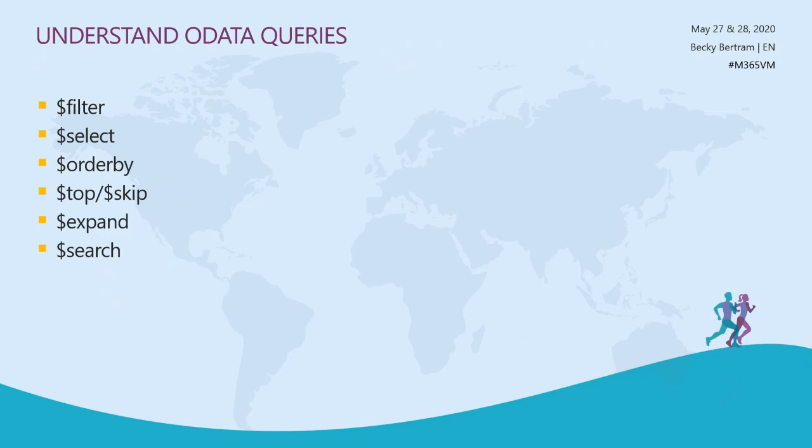go get that next batch of results back. Now expand is important because there's sometimes where, for instance, if there's a file and the file has an owner, I could just get the name of the owner, but maybe I want to get all the information about the owner. It's essentially like doing a join if you're doing a database query. So if I pass expand and then pass in that field, then that result set is not only going to return the results about that file, but for each file,